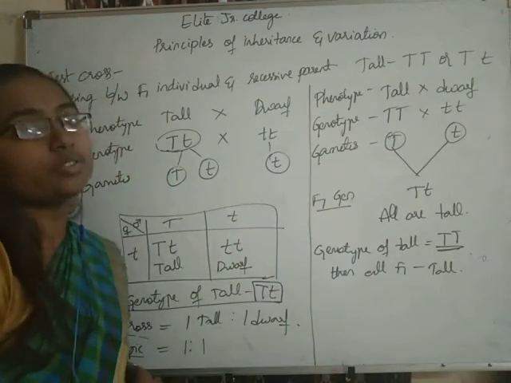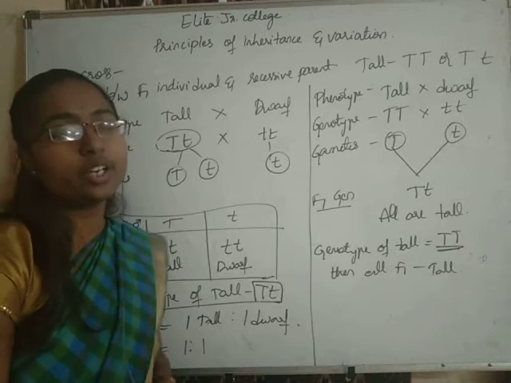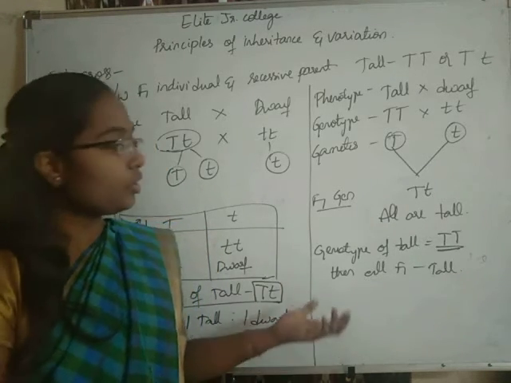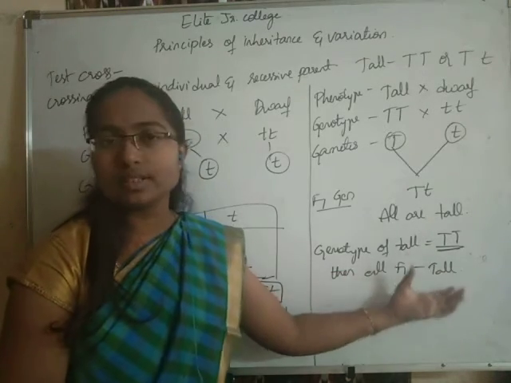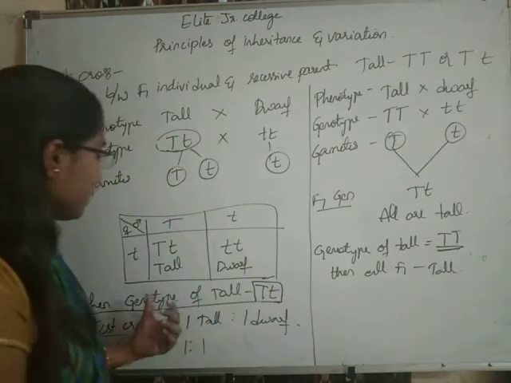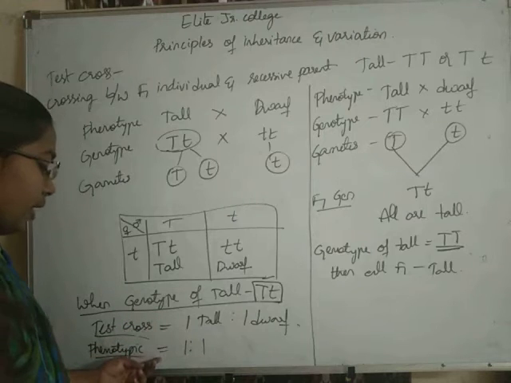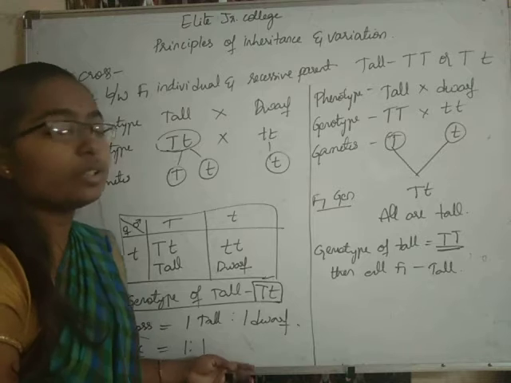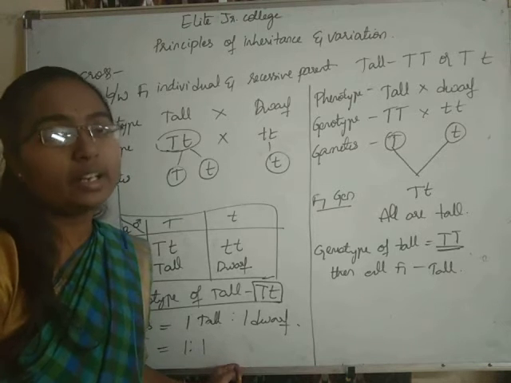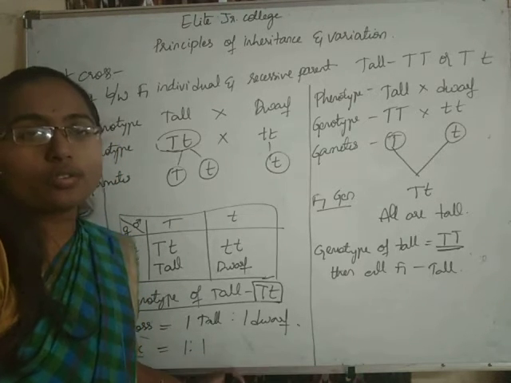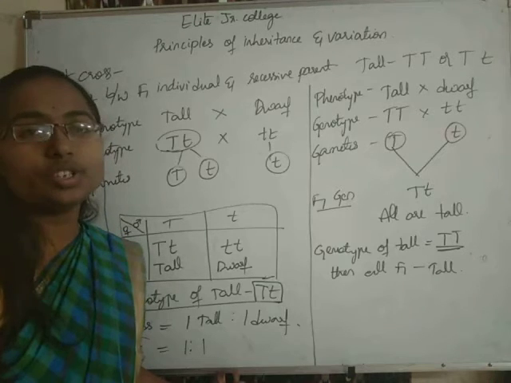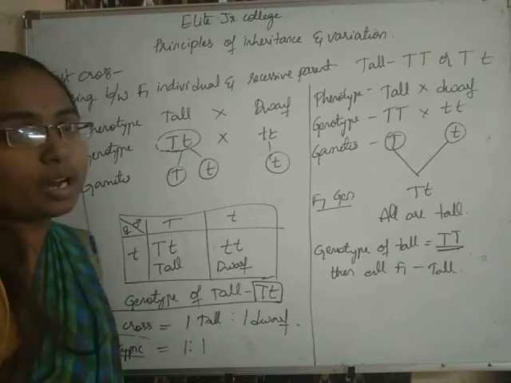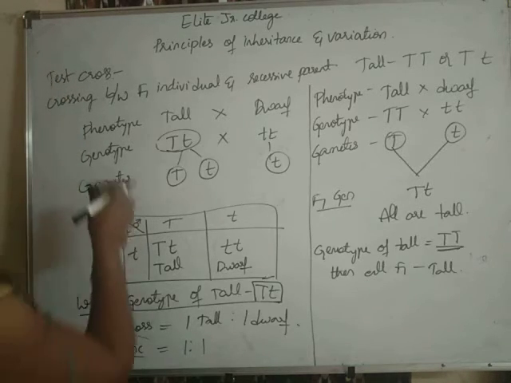So according to the results of the test crosses, we can identify if the individual is homozygous or heterozygous. If it is a homozygous individual, then all the F1 individuals will have the same phenotypic character. When it is a heterozygous individual, the offspring obtained show two different phenotypic characters. So this is a test cross by which we can identify the genotypes. In the same way we can identify the genotype of the dwarf individual also, as we have already done, but we will once again do it.